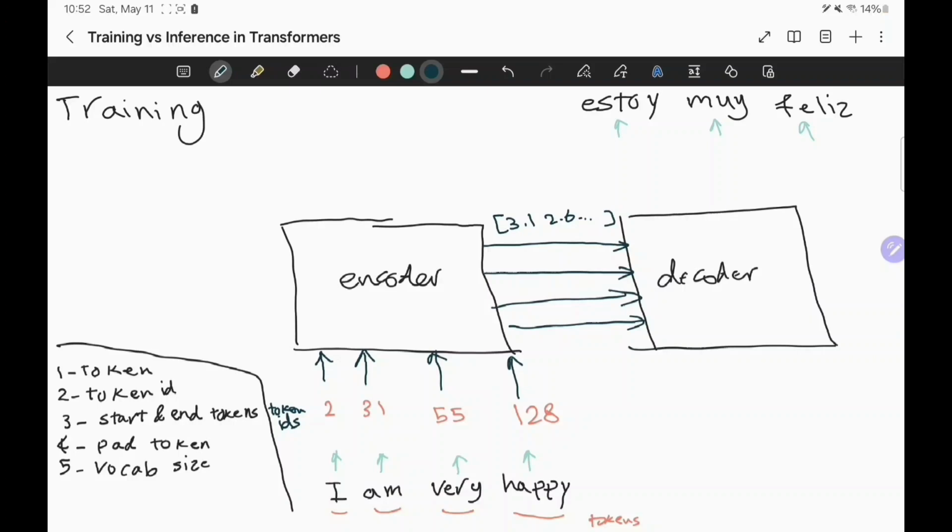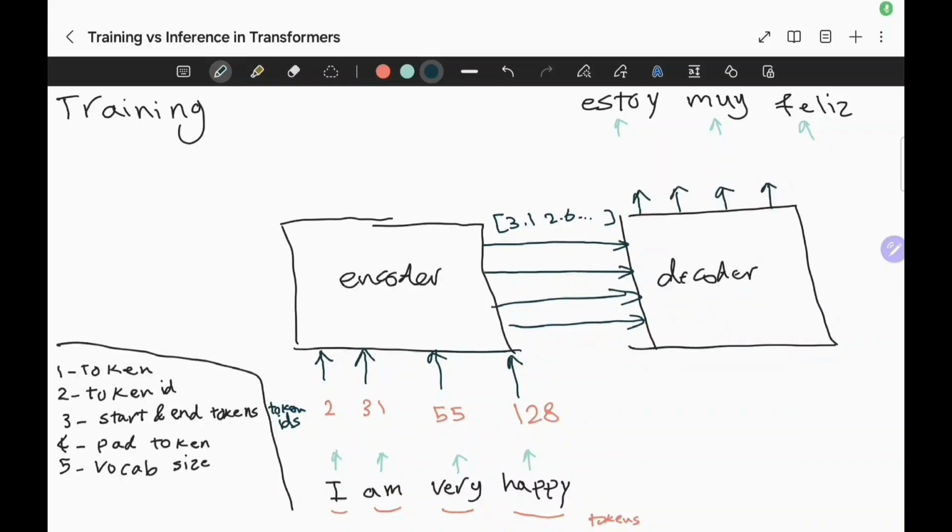Okay, so this is what the encoder does, and for training, this is how we pass the tokens and token IDs to the encoder. Okay, before we get to the decoder, let me change these and make them a little bit smaller because we need them for something. So that would be, the first one would be estoy, muy,